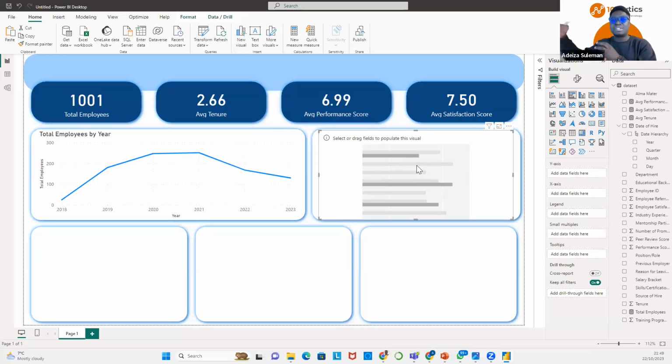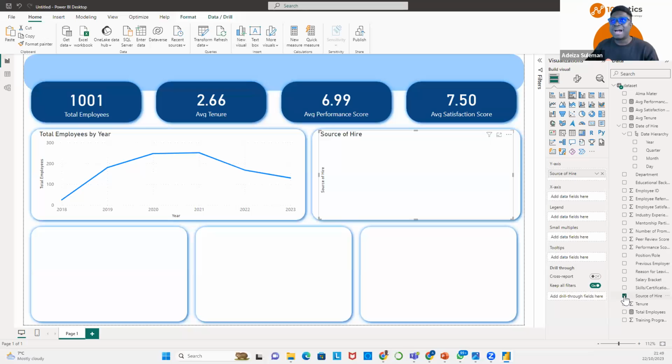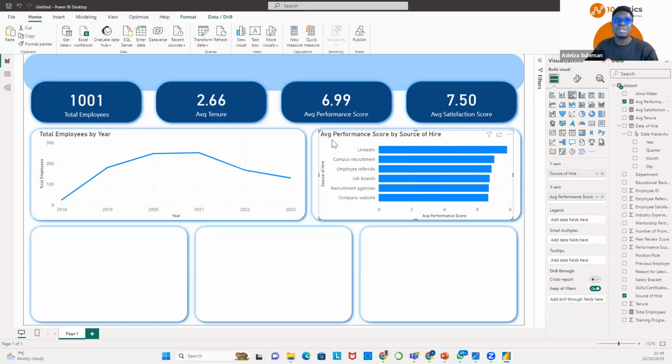So what's the performance of the employees that come from different platforms? Okay, so I simply go to my source of hire at the right-hand side. I select, and then I click on my average performance that we calculated. Remember, we calculated that average performance. Click on it, and you can see,